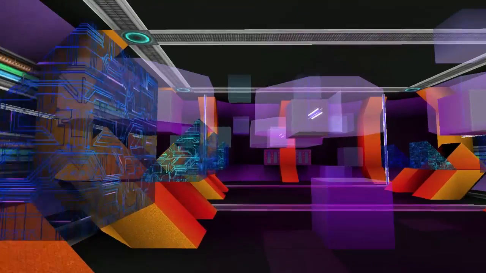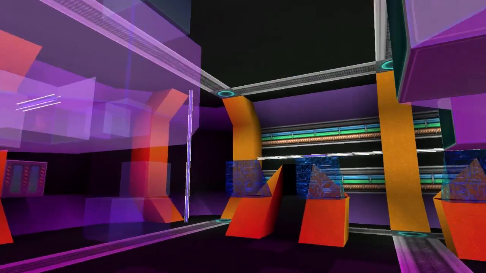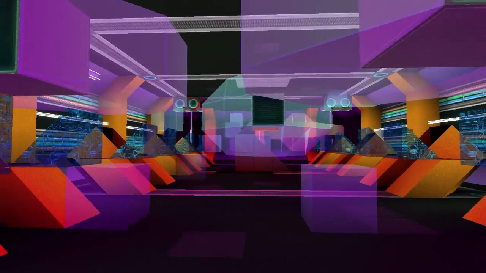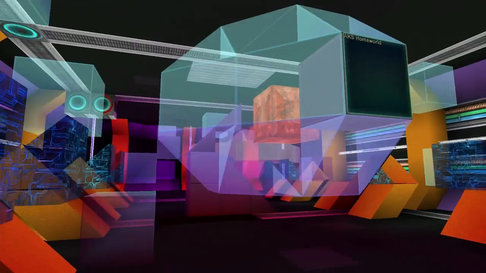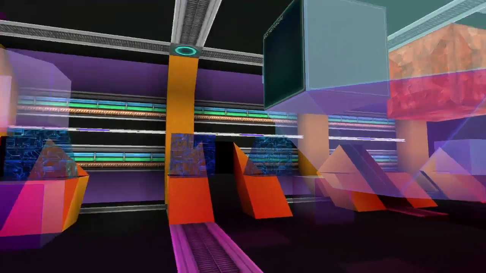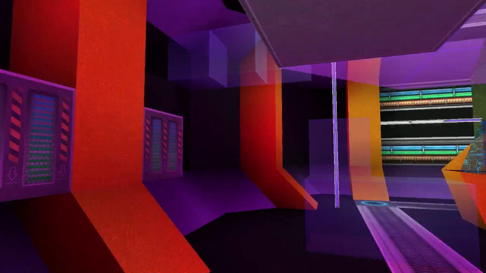So I get what you're going for. It's supposed to be like a big hologram room, but I don't know, dude. It's just a lot of random stuff and not a whole lot of homeworld. Yeah, there isn't a whole lot of direction, I guess, in this room. Like there's nothing to indicate